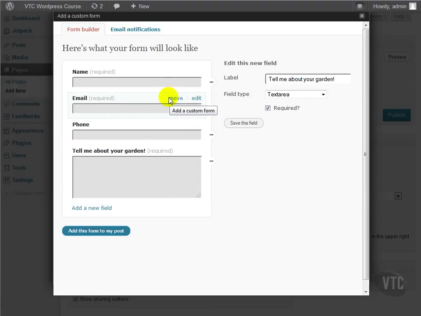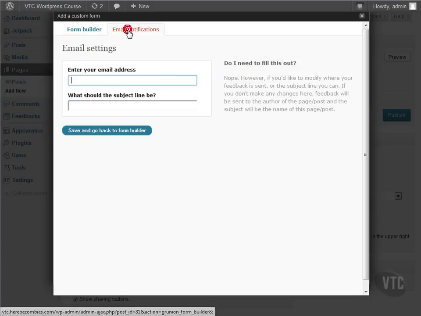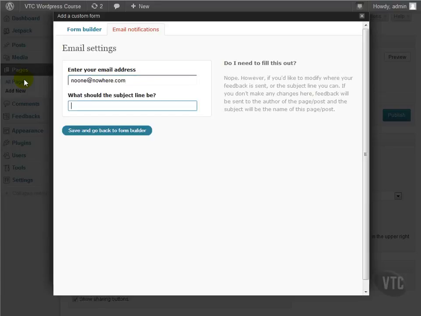Now, our form is finished, but don't click Add Form yet. We need to set up our email settings so that the form results are actually sent somewhere. Click the Email Notifications tab. You'll see two fields asking for your email address and what you want the subject to be. The email address should be the address to which you want the form to send the contents of the post. The subject should be something like